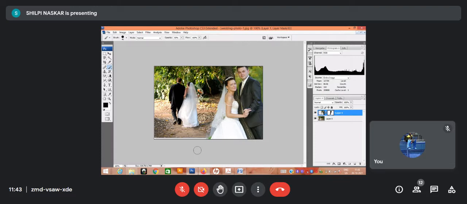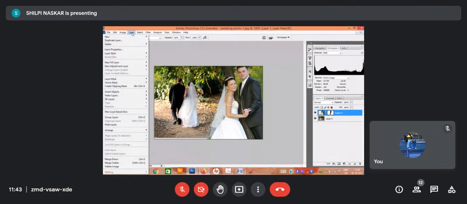Okay, fine. First, open the 2 layers or 3 layers or the number of layers you want to mask. For this case, I have used 2 layers. Open 2 layers. The heading would be layer mask. Open 2 layers first, then the second layer to be masked should be kept on the top. Then go to layer, then layer mask.